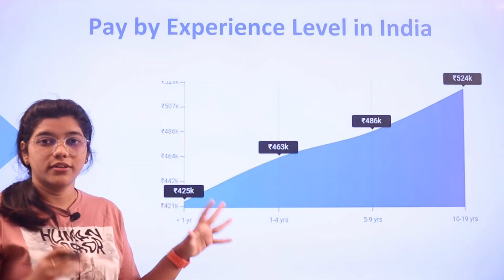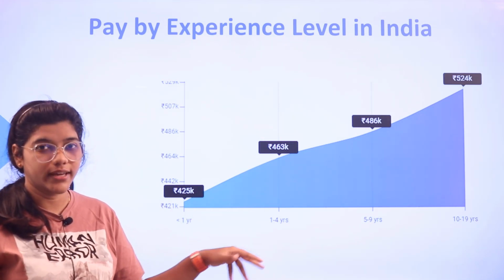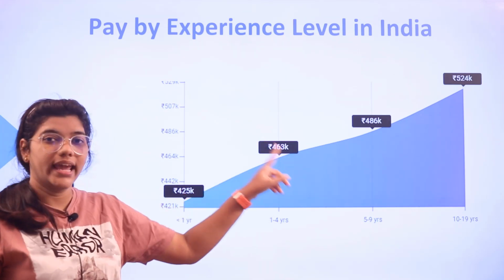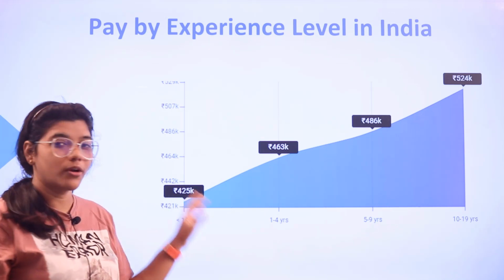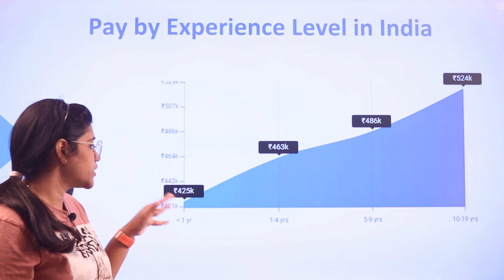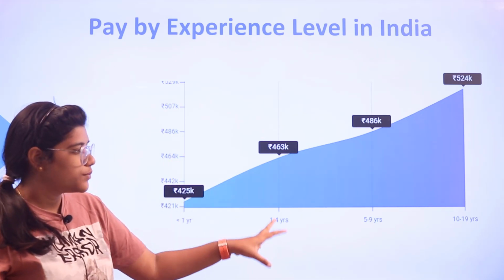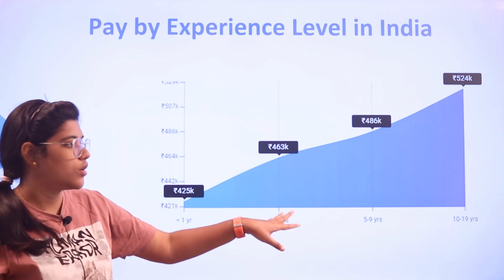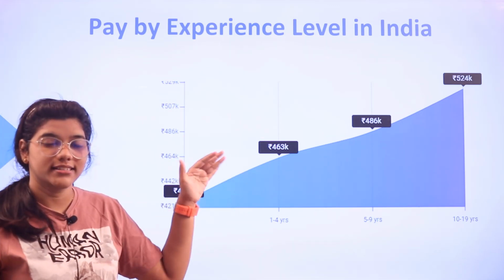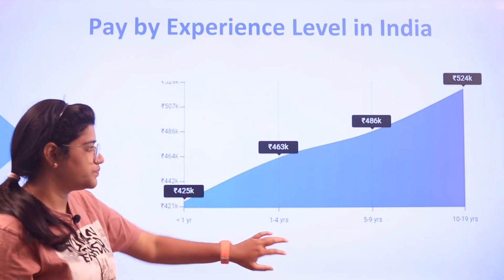So if you are wondering how your professional life is going to look like within a 10 year span of time, this is how it's going to look like. With the right amount of skill, you will be eventually acing up. So you need to have a proper graph maintenance of your professional career as a business development analyst. With year 1, you would be starting off around the range of an average pay, and eventually between 4 to 5 years, and then the next section is going to be 5 to 10 years. In between, eventually you would be acing up to 524k, which is eventually a progressive grade up.